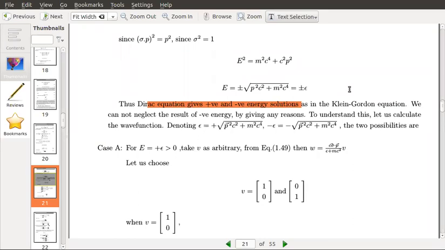I told you that for a free particle, negative energy means something very complicated. We cannot simply say that it is plus and minus. This is energy, and energy is only zero or positive. Up to this point, we have studied only energy zero or positive. Now, potential energy can be attractive or repulsive, so accordingly you can put minus and plus. But total energy, especially in the case of a free particle, is only kinetic energy, and kinetic energy is always zero or positive.